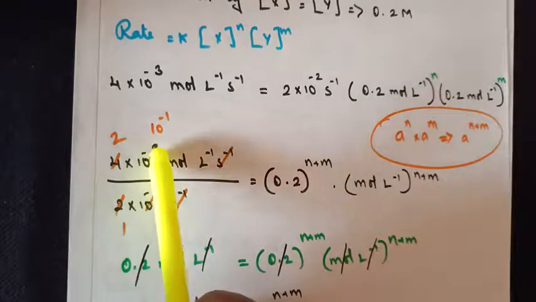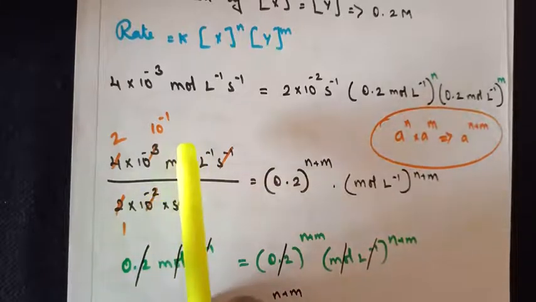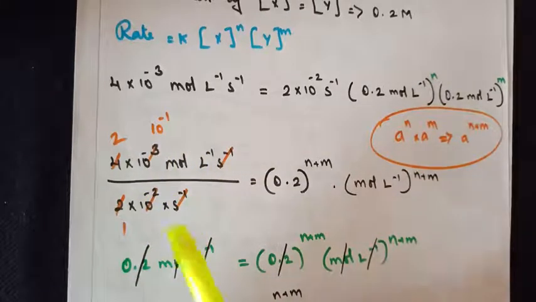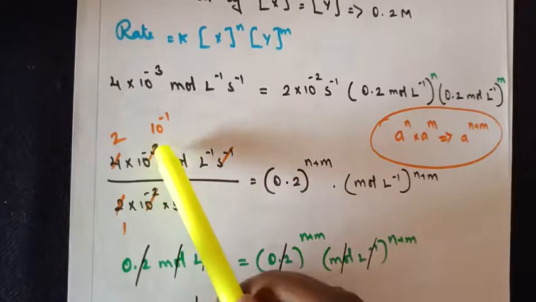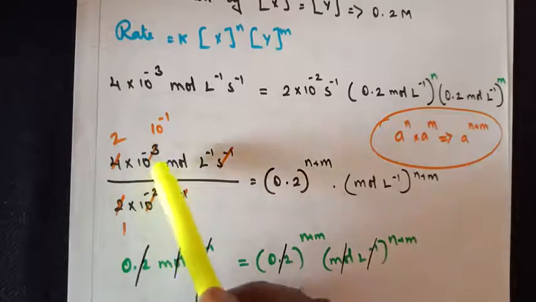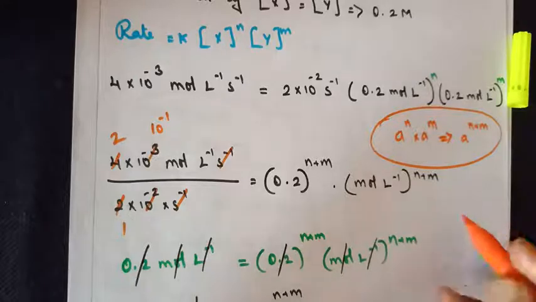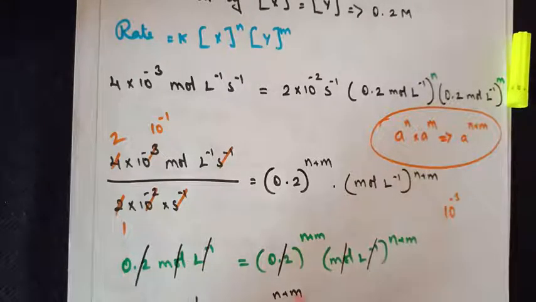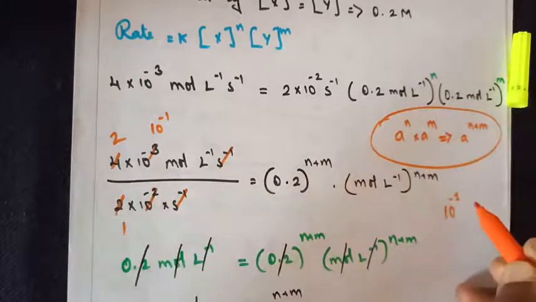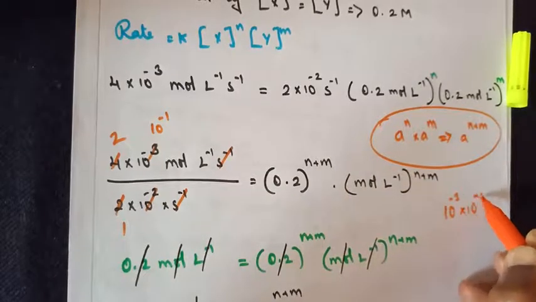10 to the power minus 3. This minus term, when it goes on top, if you look at the solid state numericals, I have clearly worked it out based on the past term there. So we get a minus 3. Okay, let me write it for the sake of those who have a doubt here. We have a 10 to the power minus 3. This minus 2, when it goes on top, will become 10 to the power plus 2.